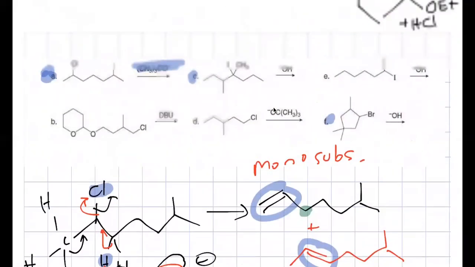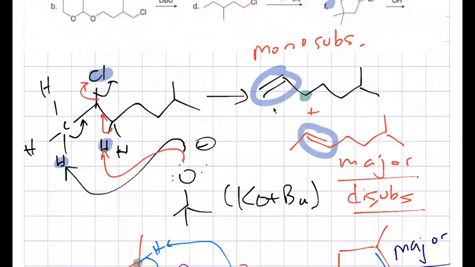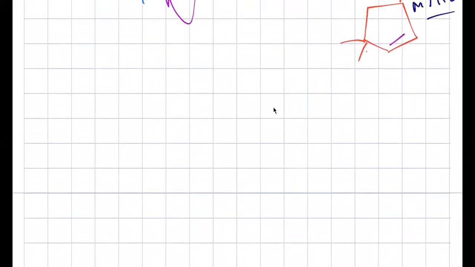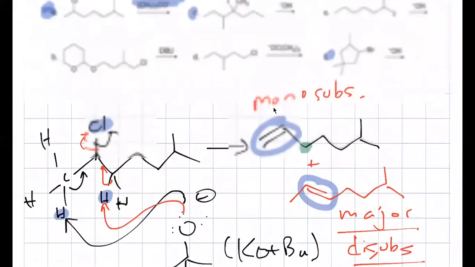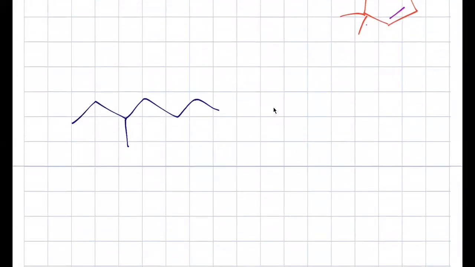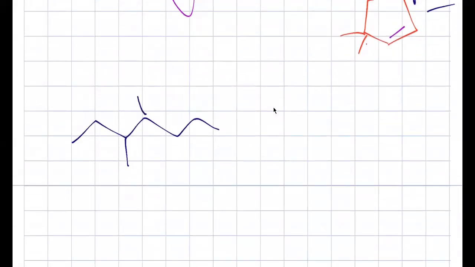Let's see how many carbons that is. Just want to make sure I draw it correctly. So here's my leaving group, iodine, and then here's a